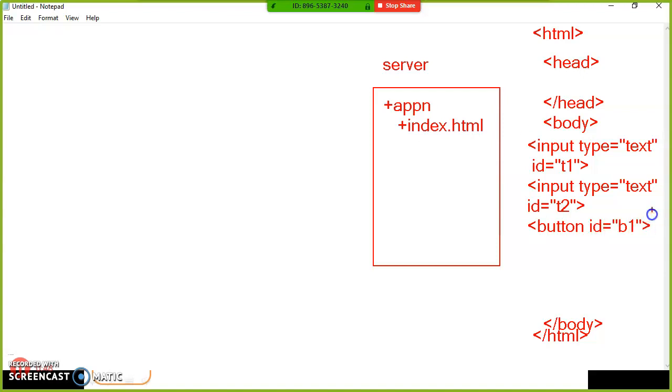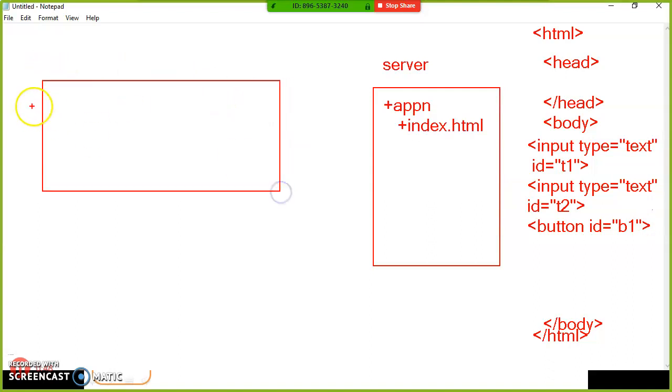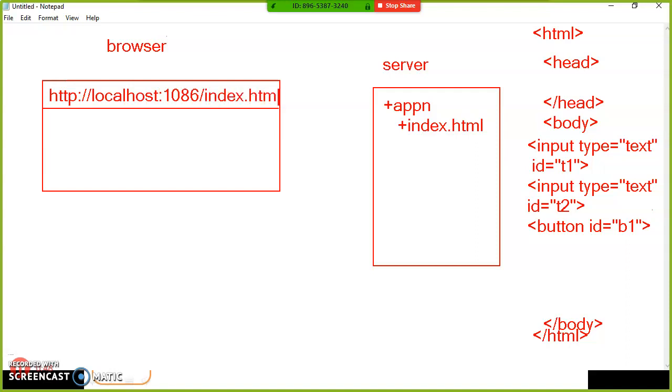This is your HTML page. So this is your browser. After developing the application, you have to keep that application on the server so that the end user will access the application via the browser. The end user will access the application by sending the request to the server, http://localhost:1086/index.html.